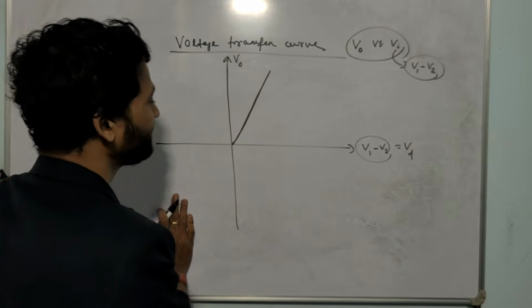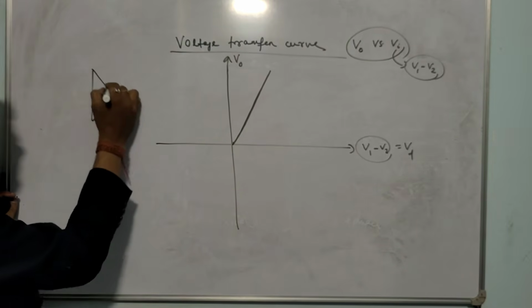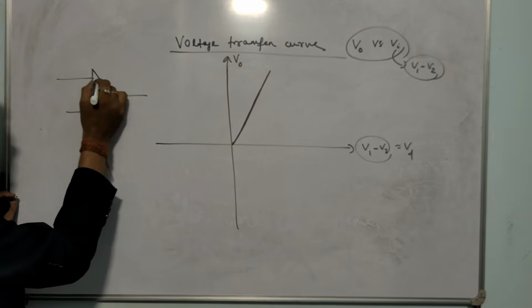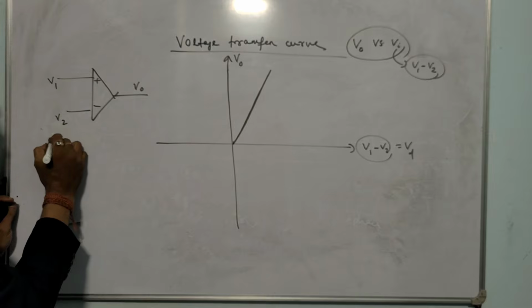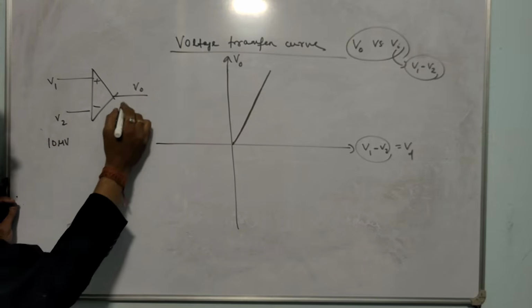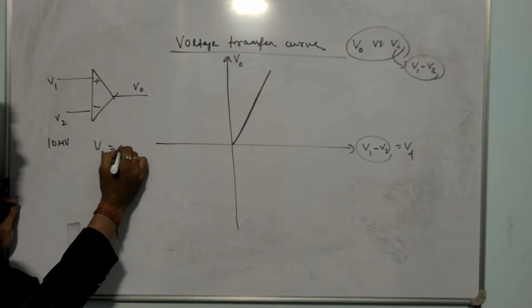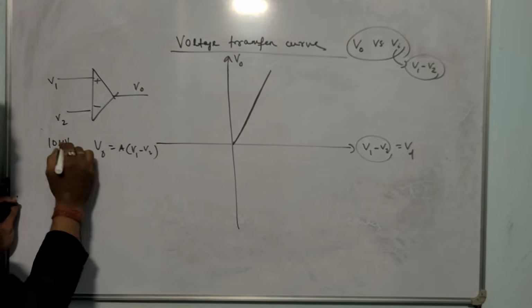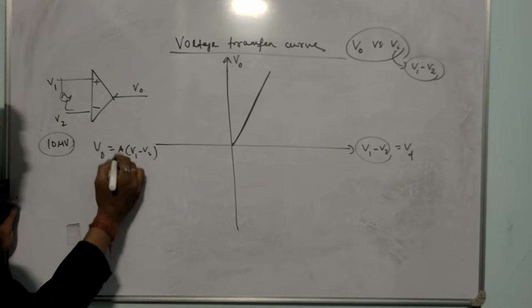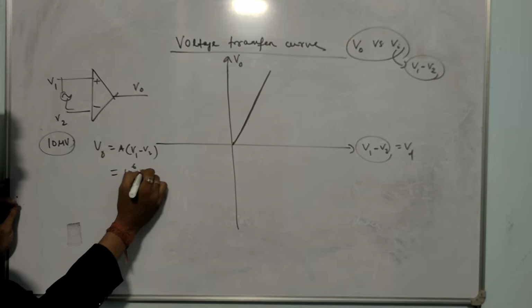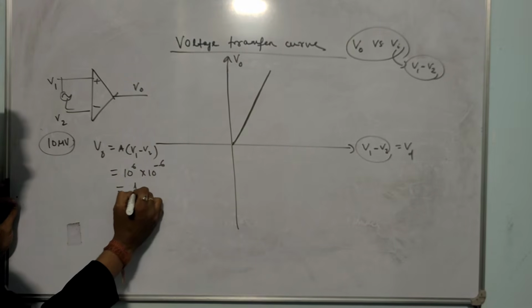क्यों straight line? अरे मैंने अभी बोला था ना, ये तुम्हारा OPAMP है, ये प्लस, ये माइनस, ये V1 माइनस V2, ये V आउटपुट। You take it let 10 microvolt. So what is the output? आउटपुट कितना बोला था, A इंटू चेंज इन दिस वोल्टेज। चेंज इन वोल्टेज मैंने क्या दिया इधर, let it be 10 microvolt. सो गेन मैंने ले लिया, let it be 10 to the power 6. So 10 to the power 6 into 10 to the power minus 6 कितना हो गया, 1 वोल्ट हो गया।